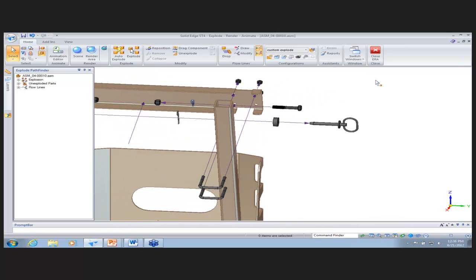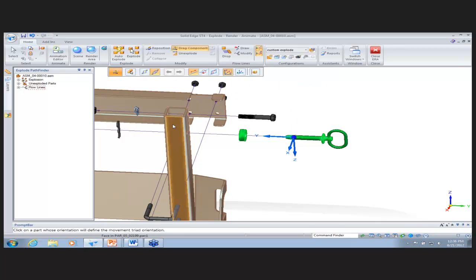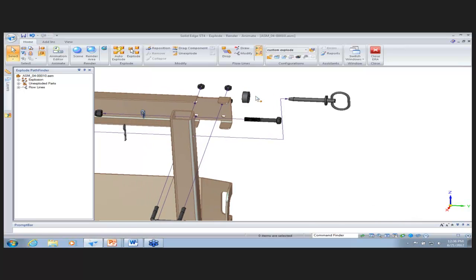Now we can zoom in over here, and we can then drag this component. So with the select command, we can highlight these two parts, select drag component, change our orientation to match our flow line, and then we can drag that component up. Now you see our flow line doesn't go through this washer, which we want it to,